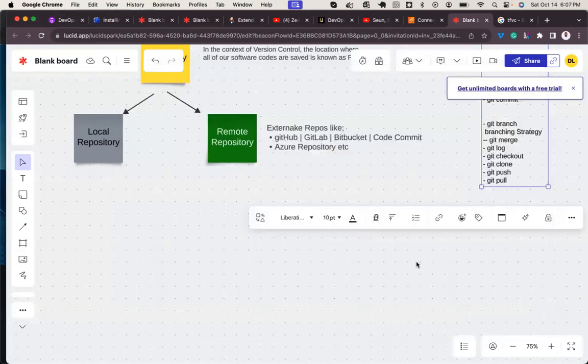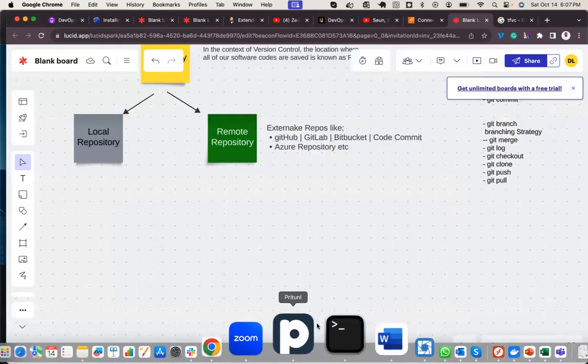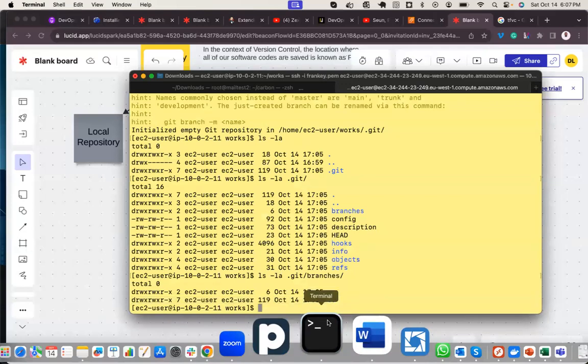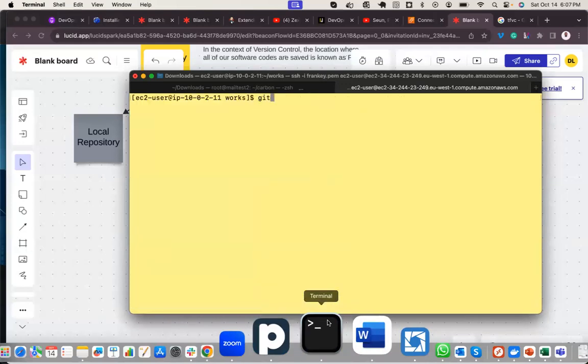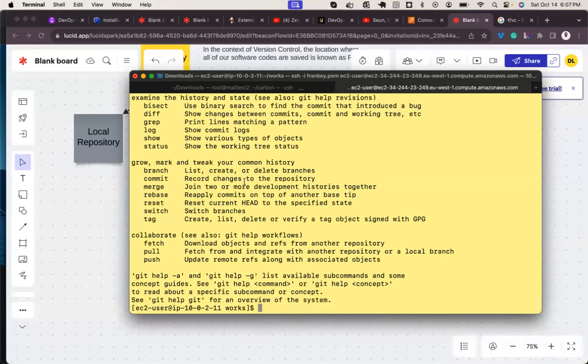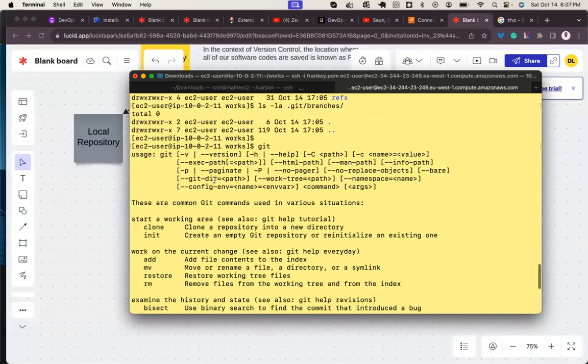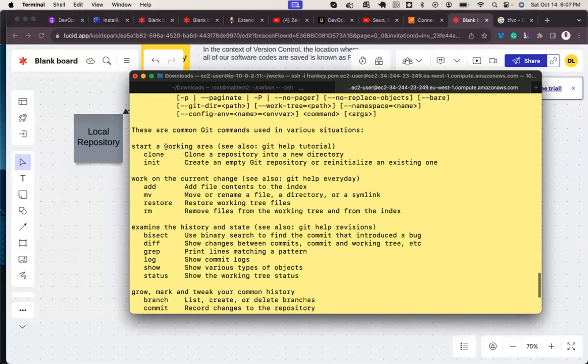Great. So we shall see a lot of commands, okay? To see all possible commands, just type git and press enter. Once you type git and press enter, you're going to see a lot of usable commands, all right? Let's go at the top. So you've seen me use git clone, all right? Git clone is when you clone a remote repository. You want to have a remote repository in your environment, all right?